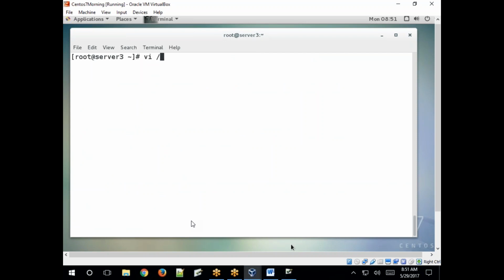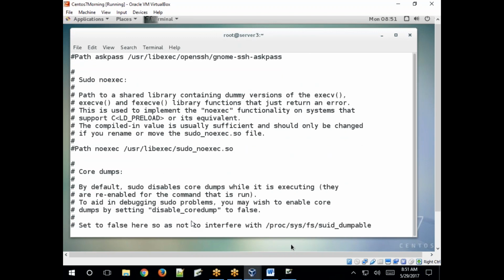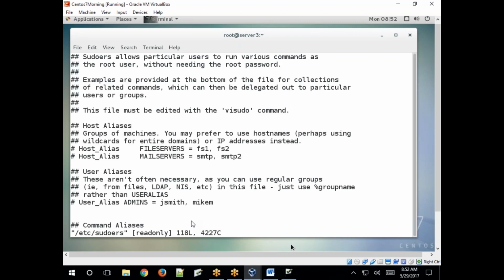And one more configuration file is sudo.conf. Not this, sudoers, I think. See, the same configuration file.